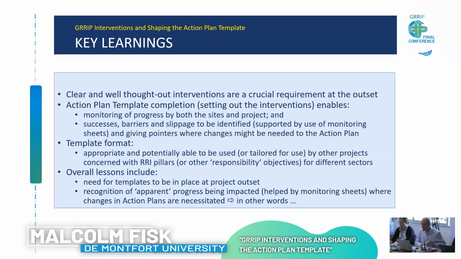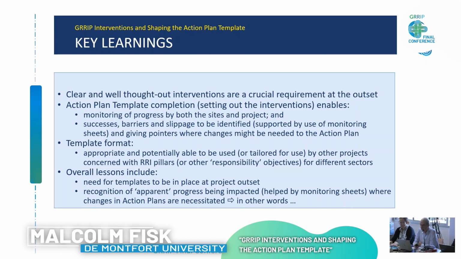One of the obvious things is that clear and well thought out interventions are definitely a crucial requirement at the outset, deciding what interventions should be pursued and why they are being pursued.